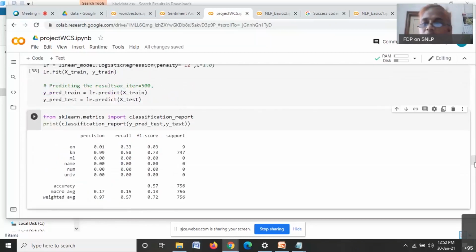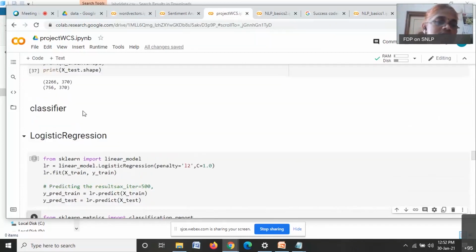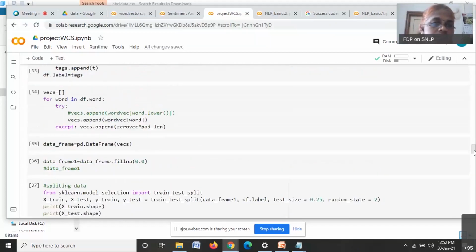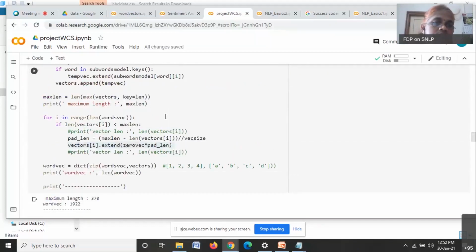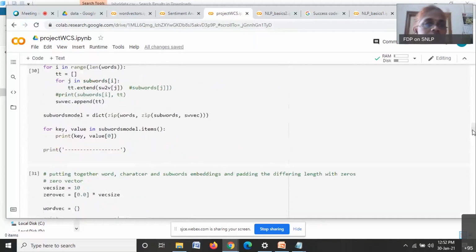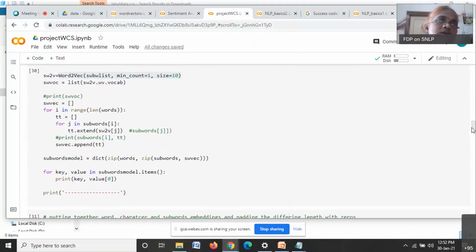So the actual word embedding part does not lie in doing this classification. The actual word embedding part is only up to here, where we create word embeddings, character embeddings, and subword embeddings. So it is very simple. Given a text classification, or any classification for that matter, like image classification, people also use SVM. In text classification, they also use SVM. If someone is working on video, they are also working with SVM.